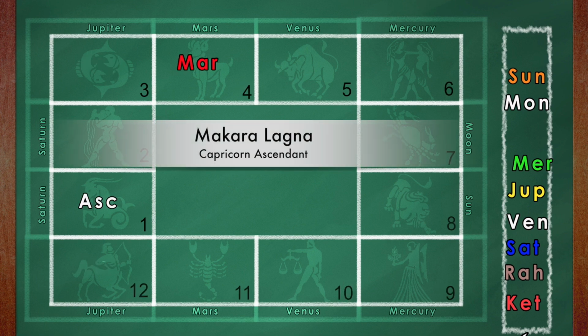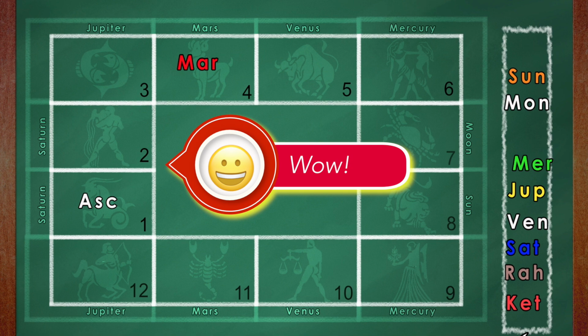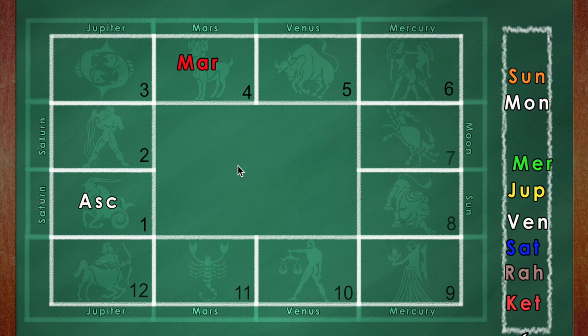This is a Makara Lagna person, a Capricorn ascendant. Here you have Mars in the fourth, but this Mars is definitely at an advantage. That's because Mars is in its own sign and therefore contributes to a Pancha Mahapurusha Yoga called Ruchaka Yoga. And this is definitely a great advantage, even though for Makara Lagna people, Mars is supposed to be a top functional malefic. Irrespective of that, this Mars is likely to bring out more of the good side of Mars being in the fourth and will suppress the negative side of Mars in the fourth.